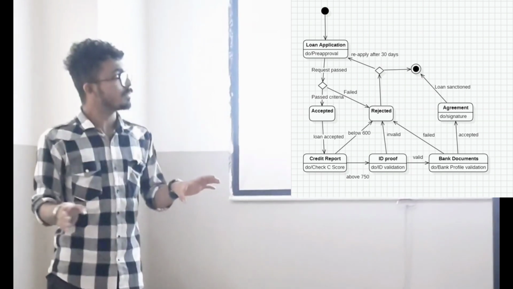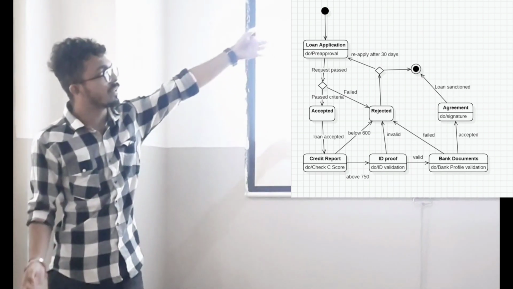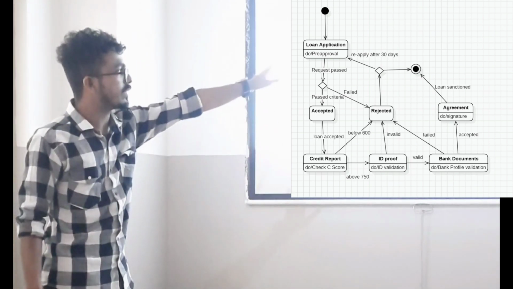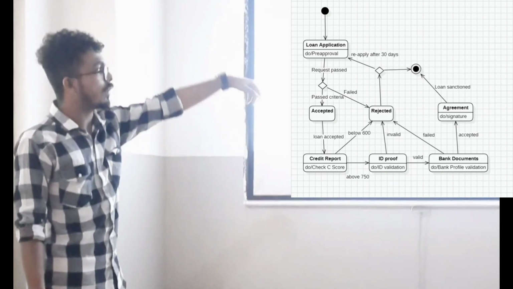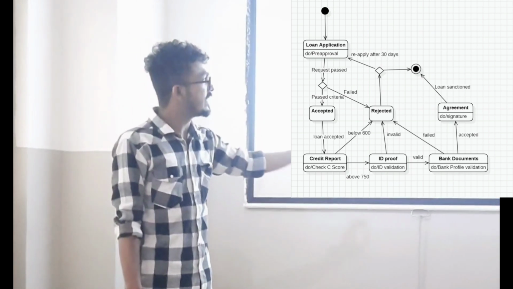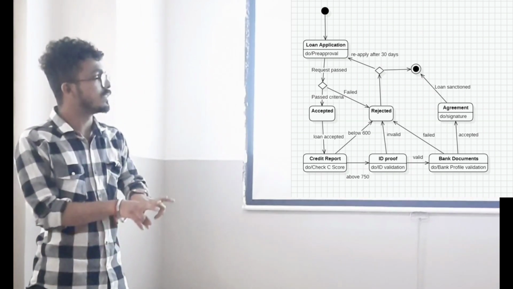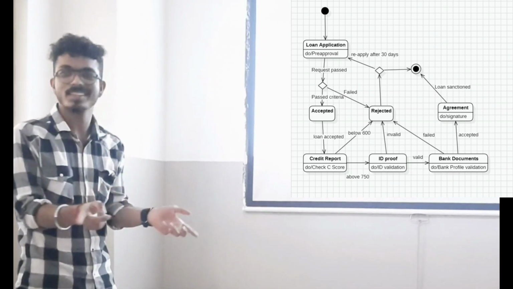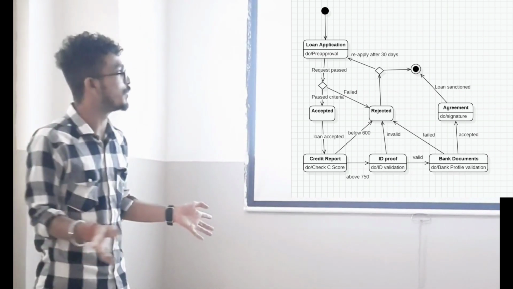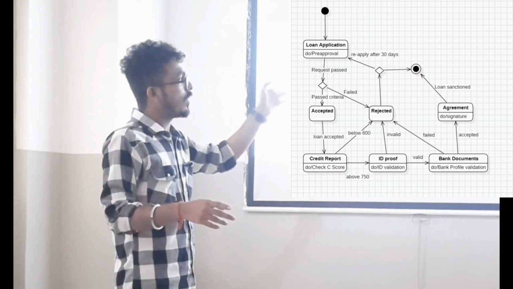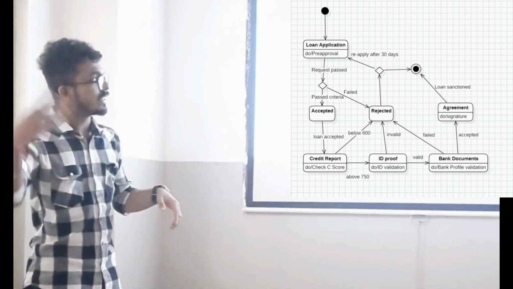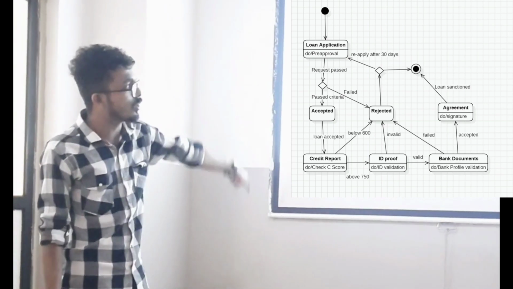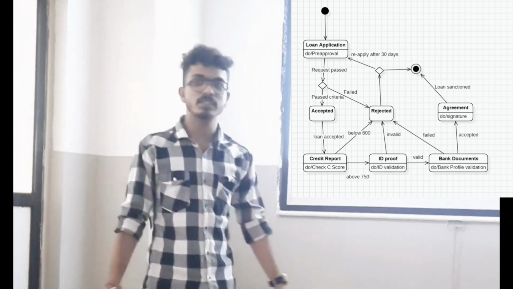If that is done, then the loan is sanctioned and it will traverse to the final point. And if the criteria are not fulfilled, then it will go to the rejected state. Then after the rejected state, there is another decision node. That decision node has two arrows. If everything is rejected, it will go either to the final point or it will go for reapply after 30 days. And the same loop goes again and performs a simple process.